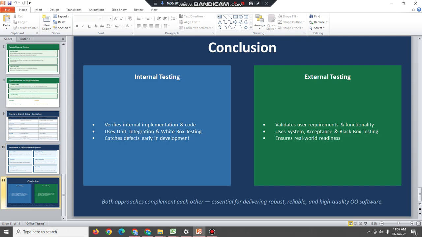In conclusion, testing is a fundamental activity in object-oriented software engineering that ensures software quality, reliability, and customer satisfaction. Internal testing focuses on verifying the internal implementation, code structure, classes, and object interaction through techniques such as unit testing, integration testing, and white box testing. External testing focuses on validating software functionality and user requirements through system